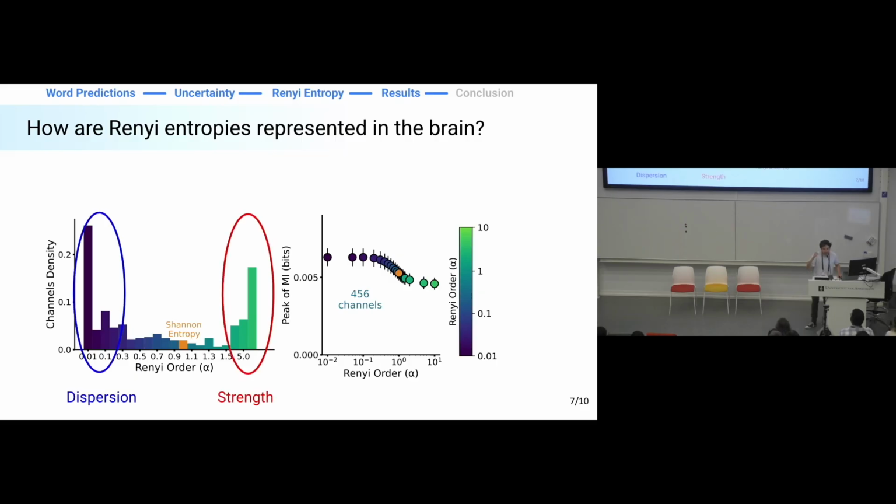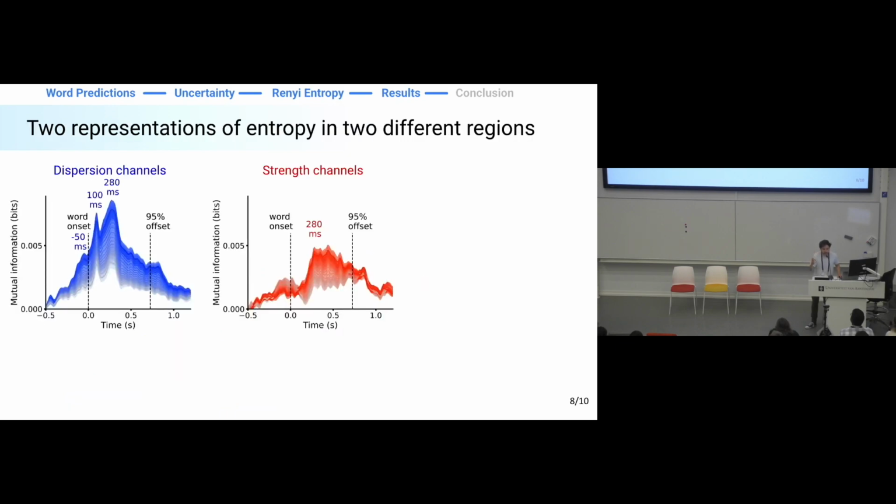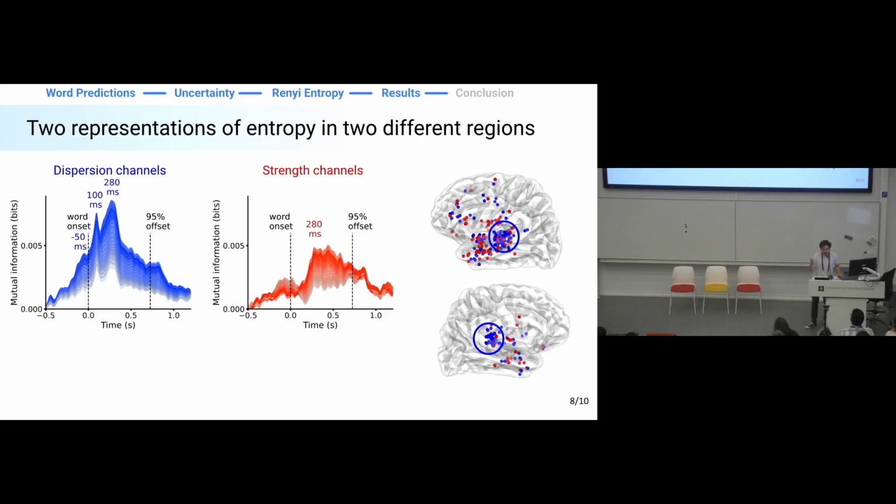And indeed, if we cluster according to the activity, we obtain those 2 time courses. So I'm not going to go into details here. The main idea is, on the dispersion channel, the mutual information, so the way uncertainty acts, is actually pre-onset, early on, and then something that is akin to P300. And same for the strength channel, except you don't have all this early activity. And if you look spatially, well, it's intracortical data, so you can't expect something that is too good, but good enough. Dispersion channels are mostly localized close to Heschl's gyrus.